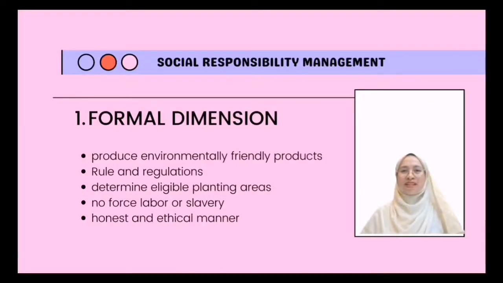Social Responsibility Management. Kuala Lumpur Kepong Bhd, KLK, is dedicated to producing environment-friendly products. This is accomplished by ongoing supplier evaluations, operational development, and environment conservation and improvements, among other things. The concept of terms and conditions is something that every manufacturer should value. First and foremost, there are the rules and regulations to follow.